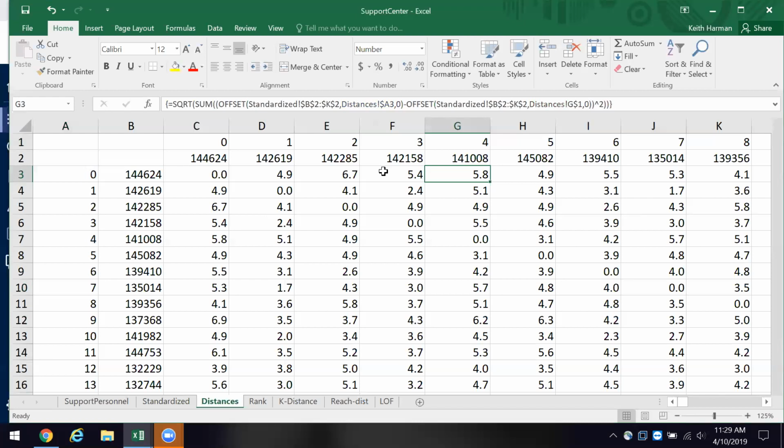I show you a comparison of 2 employees, 144,624 versus 142,619, and I show you how they end up with the square root of 4.9. And that's the same distance we find here. So I provide you a little printout of some of the proofs of it so you can see for yourself that it's working.